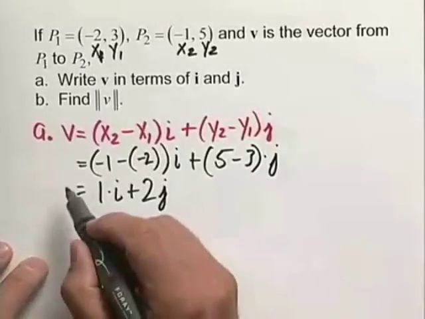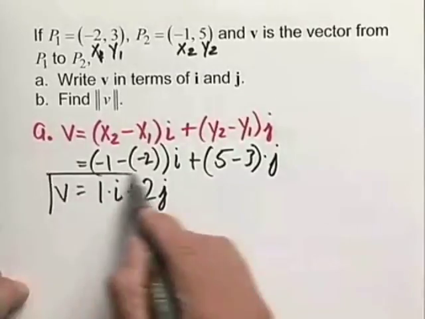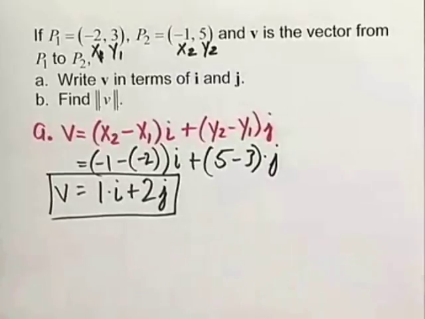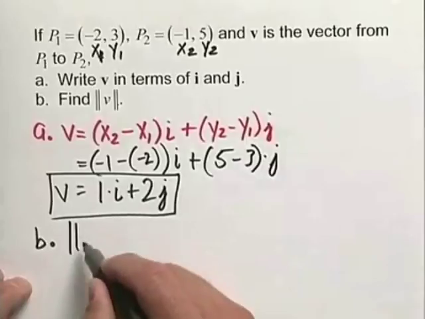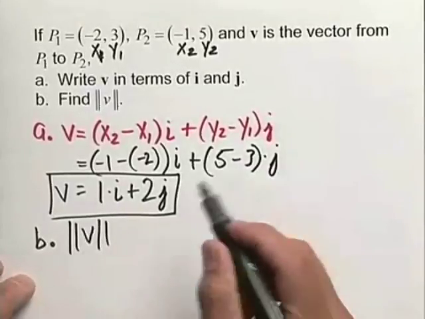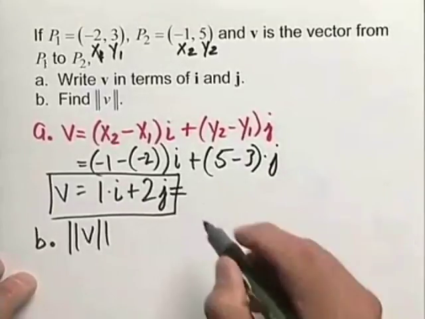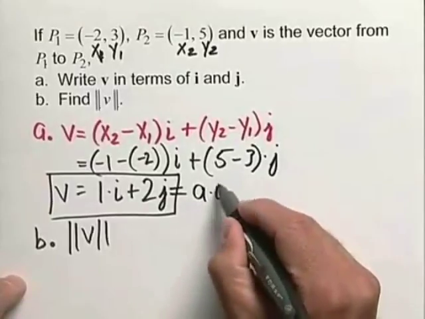And so we've done it. We now have our vector V in terms of i and j. Now for part B, we want to find the magnitude of this vector. And the nice thing about part A is we now have our vector in the form of a times i